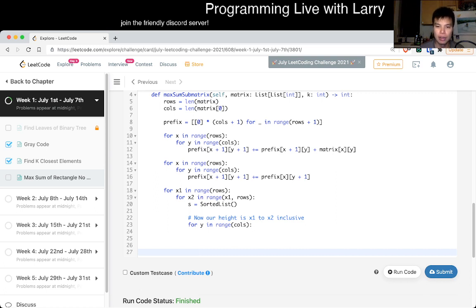What do we do? So the current prefix sum. What is the current prefix sum? The current prefix sum of this is going to be, so x2 is the larger number. So the lower right corner is going to be something like this plus 1, because we have to take a count off by ones. So that's the lowest corner. And then we have to subtract that from, as we said,